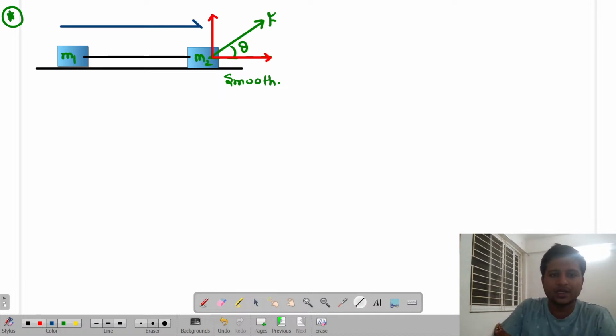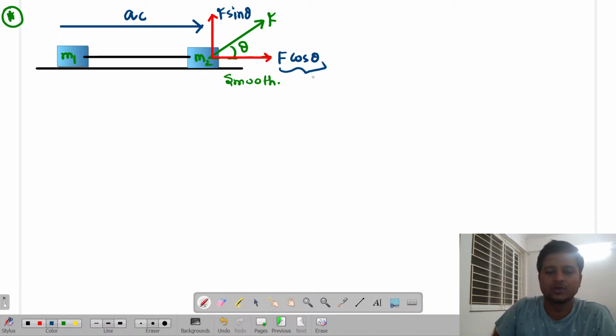We also know that the length of the thread will not change. Are you able to get me or not? So acceleration will be a common acceleration. But that common acceleration will be towards right because the body is getting pulled towards right or not. So the question arises, if I resolve the force, this is F cos theta and this is F sin theta. If the acceleration is towards right, then which force is pulling it? F cos theta, isn't it?